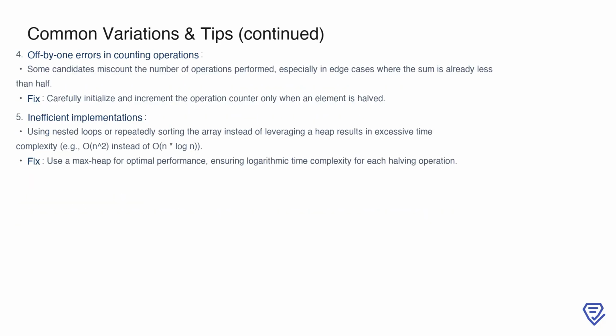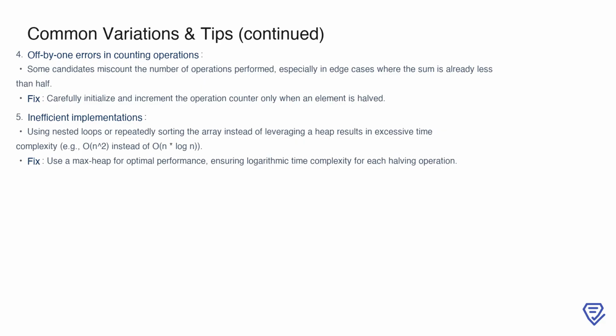Let's cover a few more mistakes to watch out for. Off by one errors in counting operations are quite common. For example, you might miscount how many halving steps were performed, especially in edge cases where the initial sum is already less than half. The fix here is to carefully initialize your operation counter and ensure it increments only when